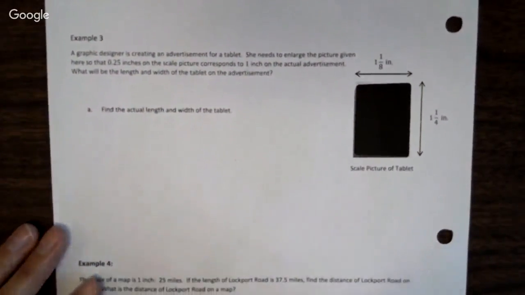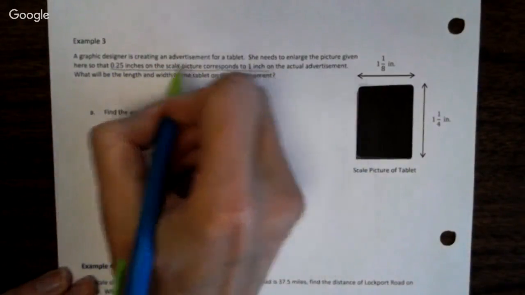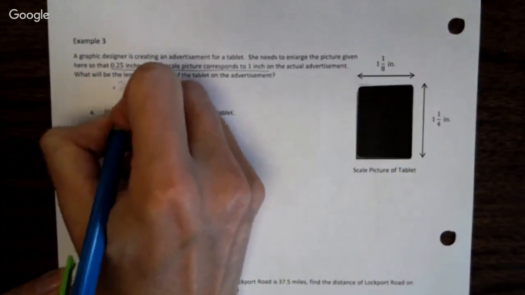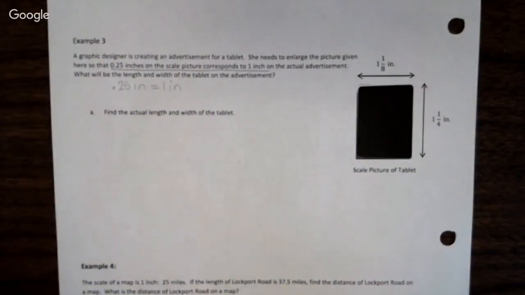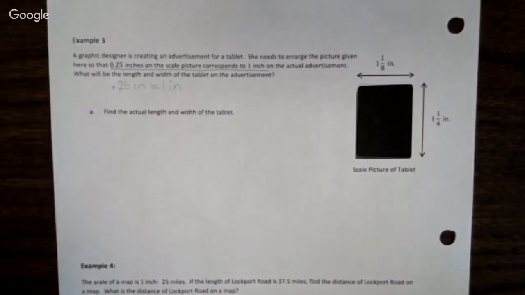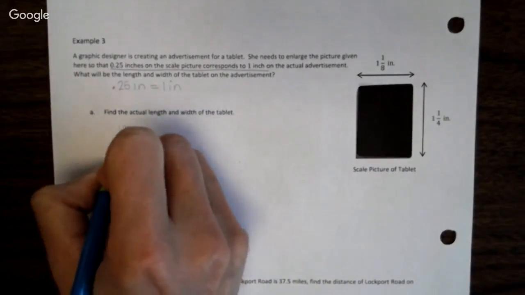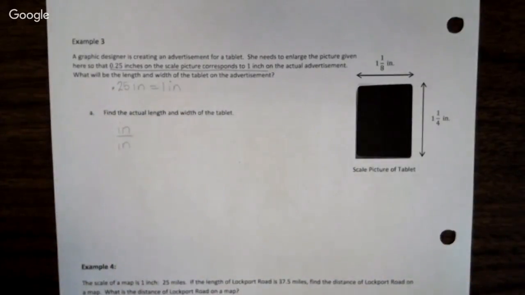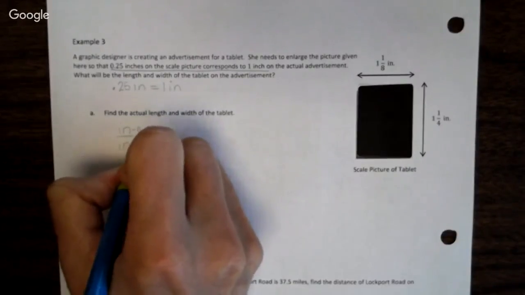All right, example 3, we're talking about the tablet. We already know that 0.25 inches, I'm going to write this again, is equal to 1 inch. That's our scale. It says, what is the length and the width of the actual tablet? So we are talking about inches and inches. This is kind of different because they're both inches. So let's actually label this. This is the inches in the drawing, and this is the inches in